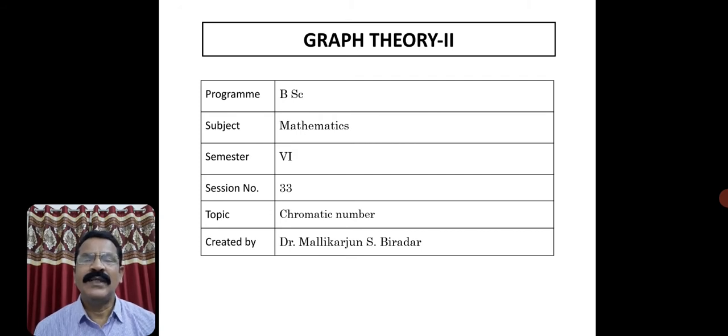Already I have given you the importance of coloring of a graph, and we took one example where 8 coloring was 6 colorable, it was 3 colorable. So this is how we have tried to reduce the number of colors. But how many colors we can reduce? So how to reduce the number of colors? That idea gives a concept called chromatic number. So what is the chromatic number? We will see in detail.